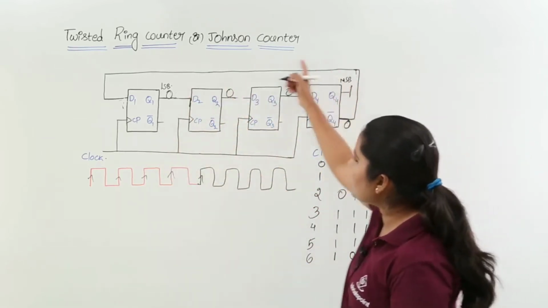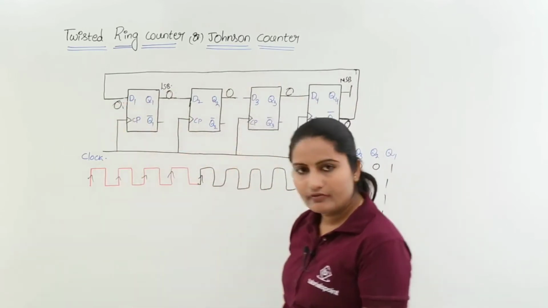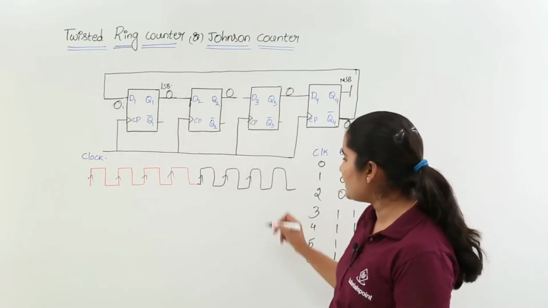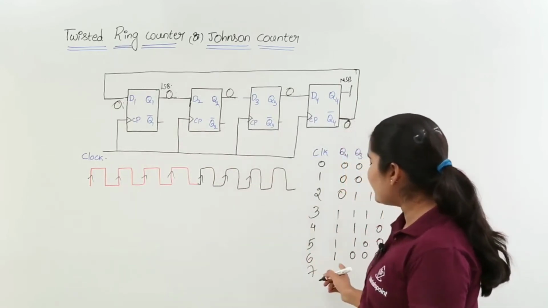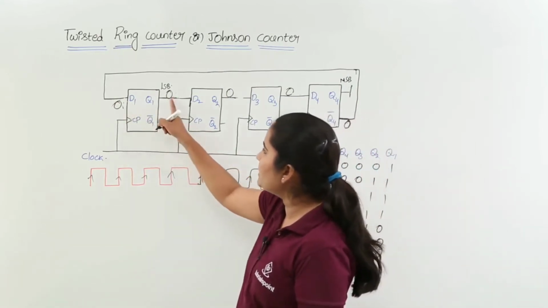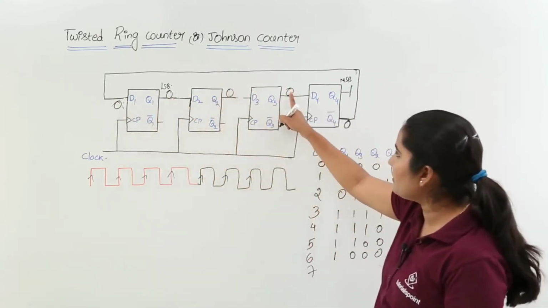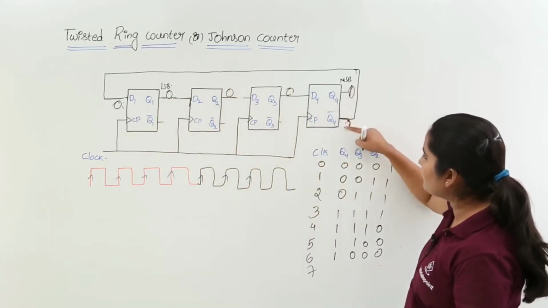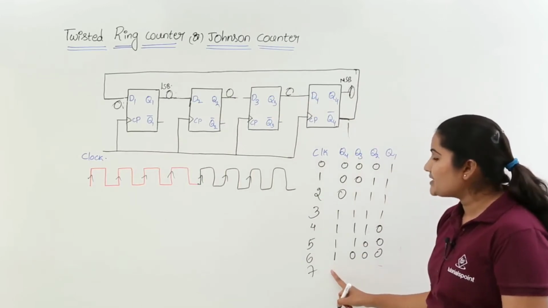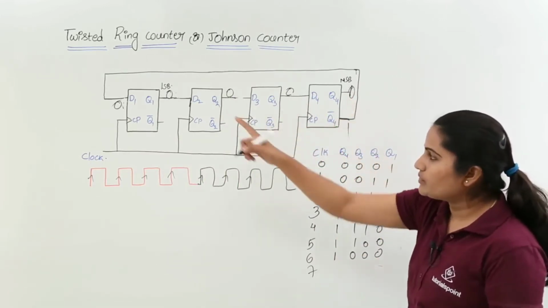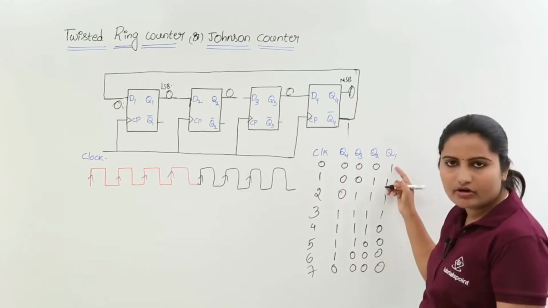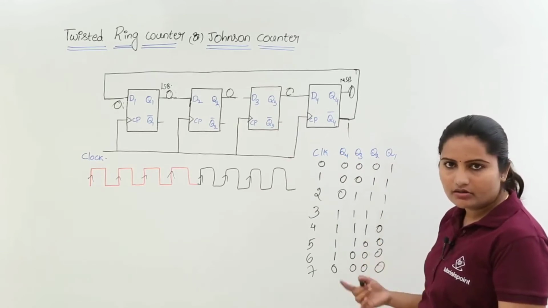If 0 is there, you need to get ready with 0 for the next clock pulse application. That means for the 7th clock pulse application, you need to get ready with your inputs. I applied the 7th clock pulse. This 0 will come here, and this 0 will come here, this 0 will come here, and this 0 will come here, and it will become 1. So after application of the 7th clock pulse, you are going to reset, but your initial value is not reached. That means your counter is not going to stop.